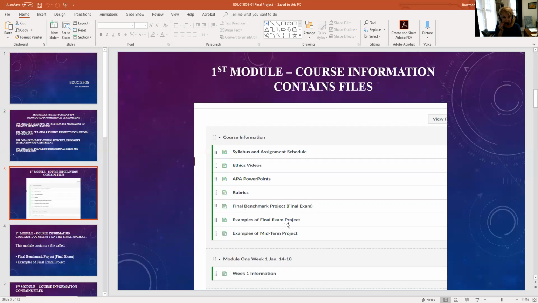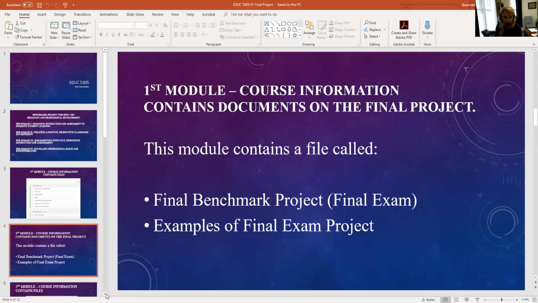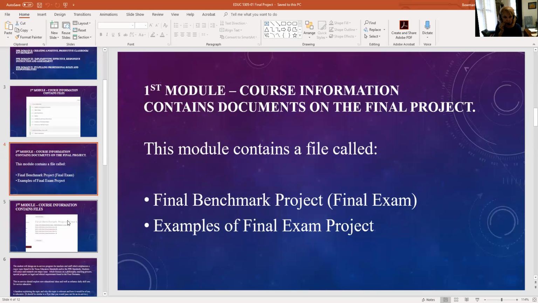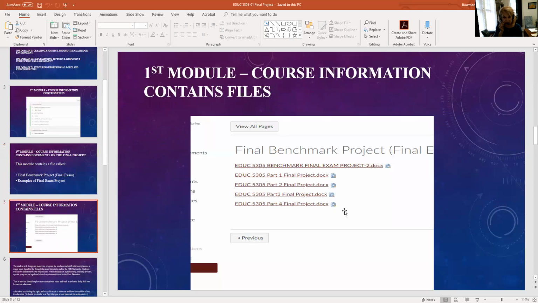Now, I don't have a screenshot of that, but that's where 2 or 3 examples from previous years of students' work are located. And this just tells you what I told you. Now, this slide shows you, under that particular file, all of the documents that are related to the final project. The first one is the complete instructions. And then the next documents, part 1, 2, 3, and 4,